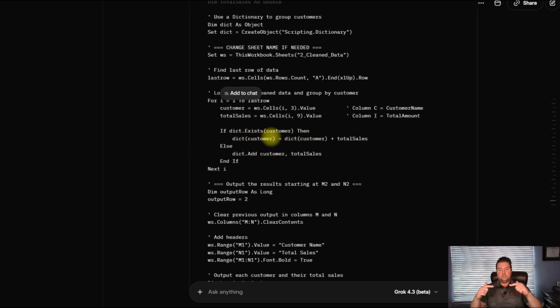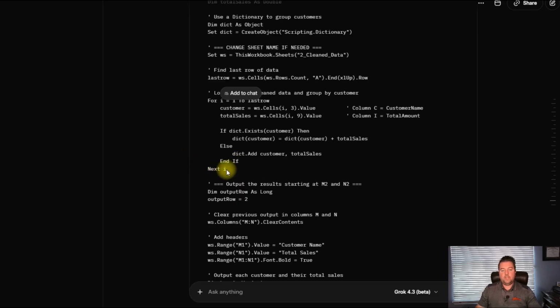It says, yes, there is an existing customer with existing sales, now just add in this total sales that I have. That's how it's accumulating all those total sales for that one customer. It's doing that for every line it runs into, either adding the customer and the total sales, or just adding the total sales if it already exists. So that's what's going on in the code.